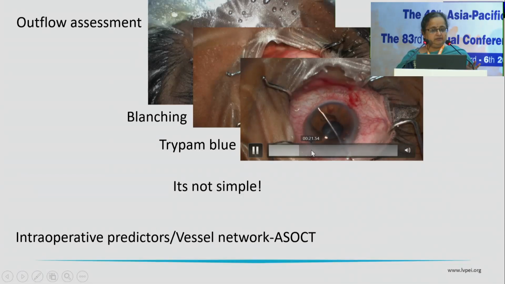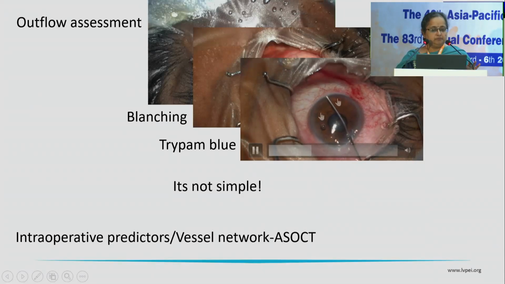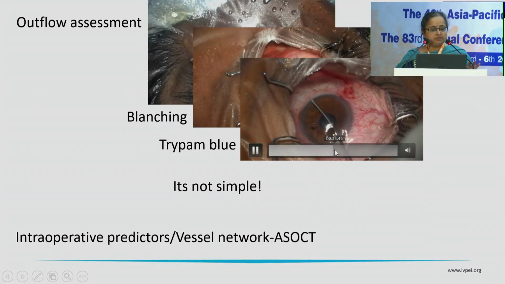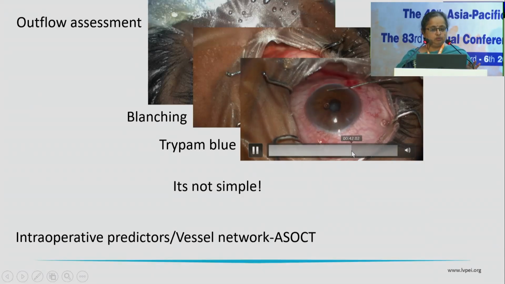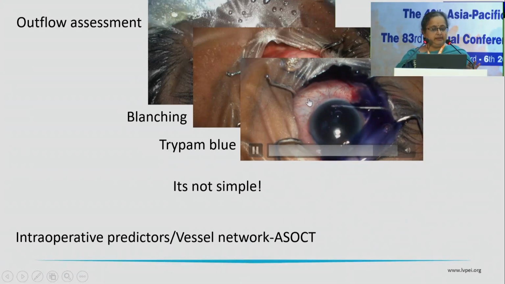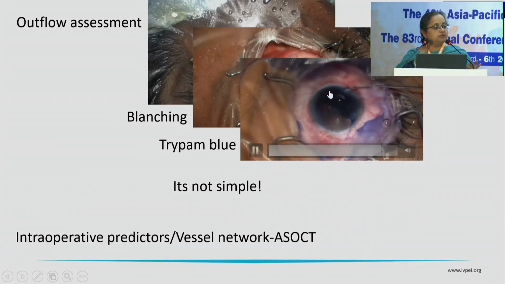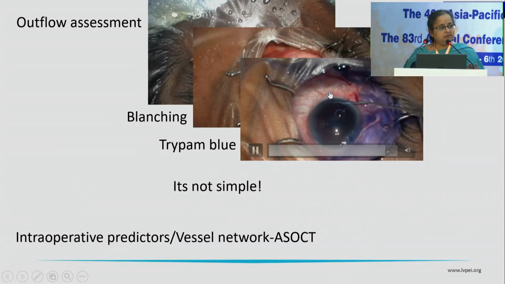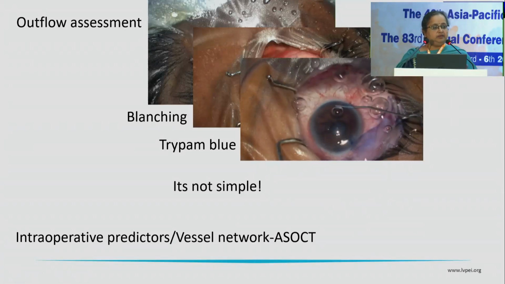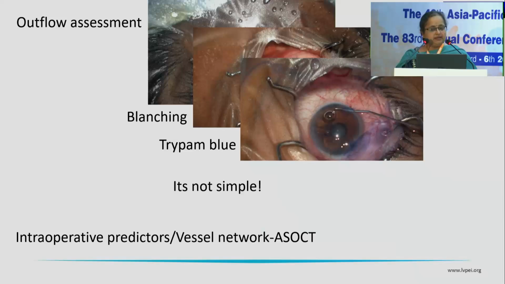You can see here when we inject, now the blanching happens from here to here almost. But see what happens when you... so now you can see that there is a very diffuse hue here, but then here there is one superficial vein lighting up. So even in different regions, the kind of venous drainage that happens in each different sector or quadrant is completely different.